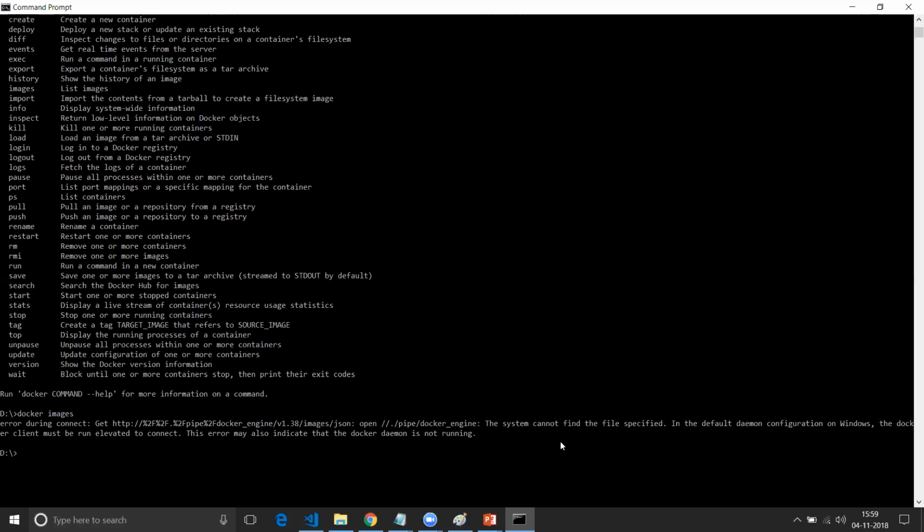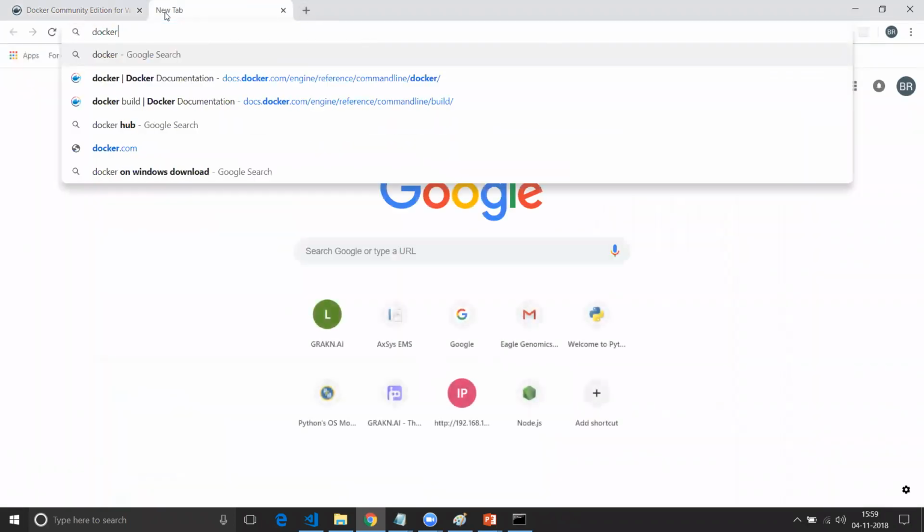So once the setup is configured and installed, you have all the Docker commands. There are a lot of commands, as I told you. This is for running your Docker commands, and we have start to start the Docker containers, and we have stop, build, pull, push. ps lists containers. We have a lot of commands, and if you want, you can work out all these commands. Not only this, just go to the internet and get all the commands in